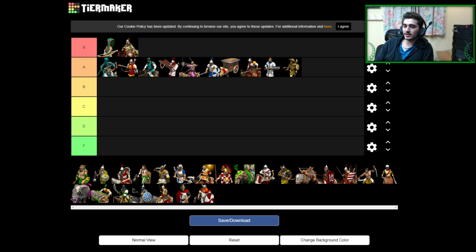Okay, my last civ here is going to be the Vikings. Yes, the KP boys actually make a pretty significant appearance here. And it's one of the only melee units to actually make the cut in A tier. It's only the Huskarl and the Berserk. So why the Berserk? I think that this unit is one of the best